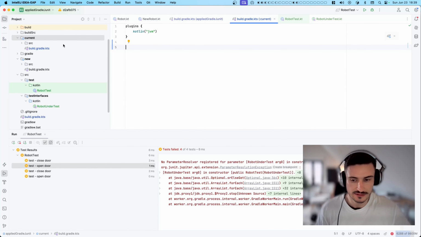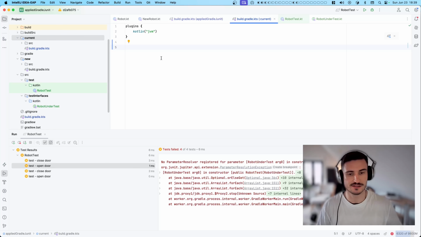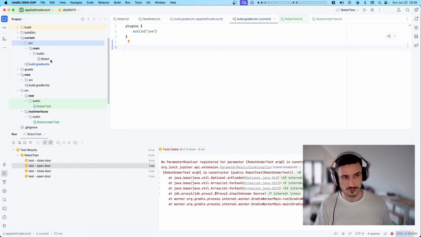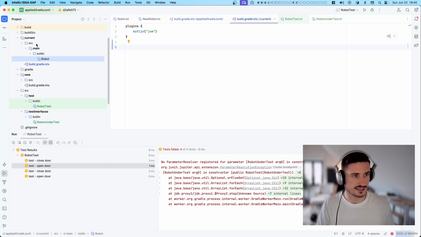We're here now in the current module. So this is the build Gradle KTS of the current module. And now in my head, it would make a lot of sense for us to create another compilation inside this current one. So the robot that we would like to make available for tests is now here under main/src/main/Kotlin robot. And we now need to provide this robot under test implementation from it. So this adapter interface needs to be implemented. It doesn't make a lot of sense to do this inside the main source set, right? Because in this case, we would